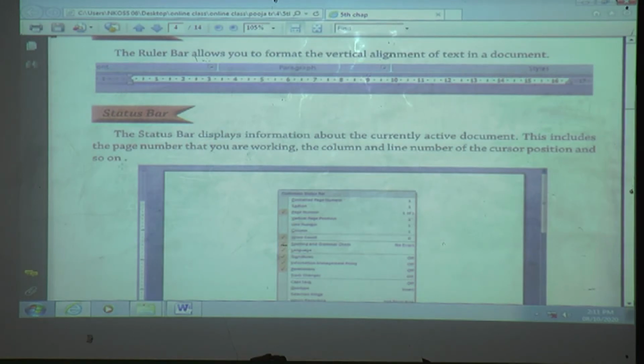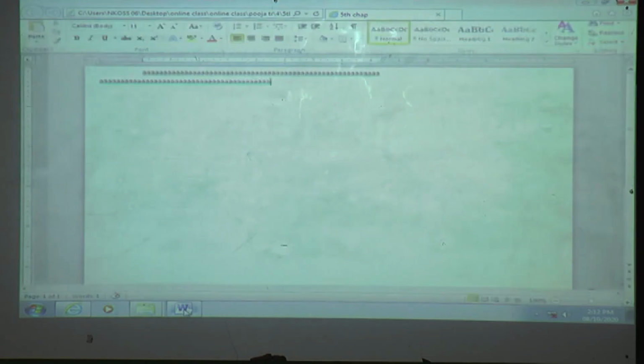This includes the page number that you are working on. The column and the line number of the cursor position and so on. What it displays, we will see here.